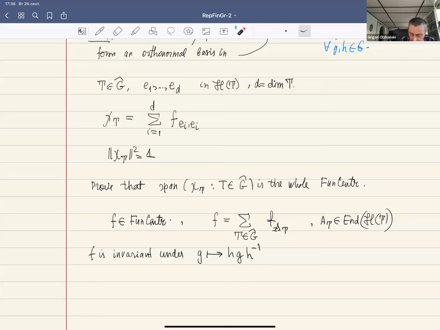Okay? But the left-hand side is invariant, the right-hand side is also invariant. And what does this mean? This means that it is invariant with respect to conjugation on A. So on the right-hand side, we have invariance under A sub t replaced by